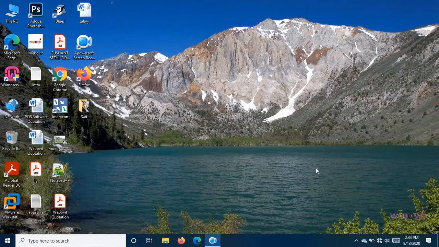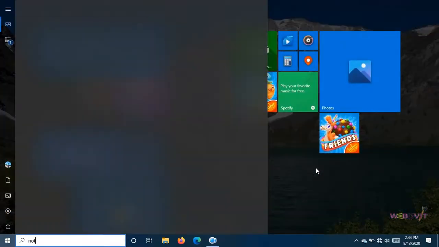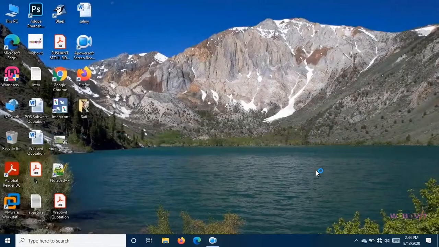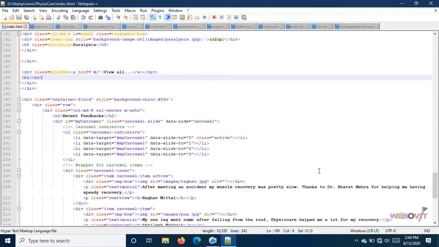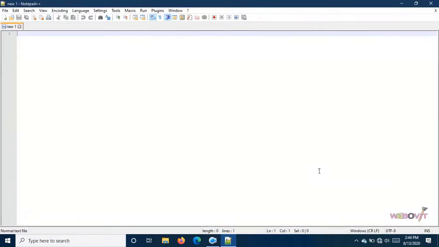Okay, so moving ahead, we will first open a file. We will close all this, we don't need it. Now we have a new file. We will do some basic steps which are done all the time.